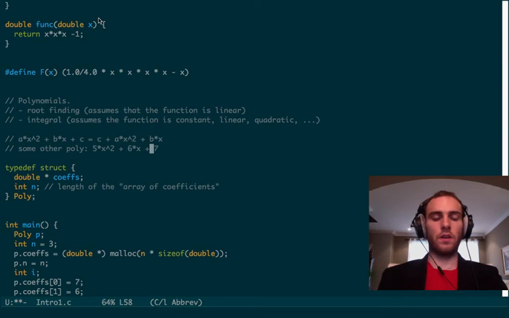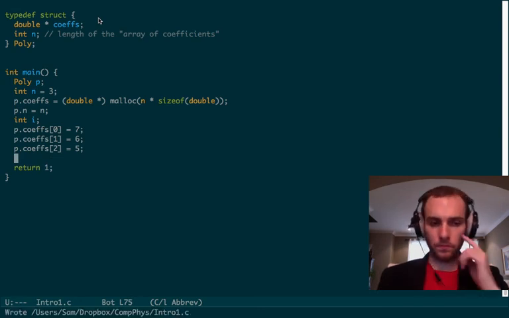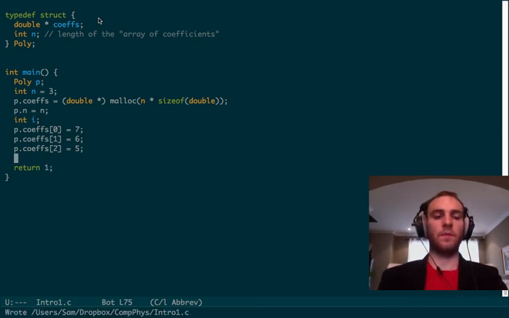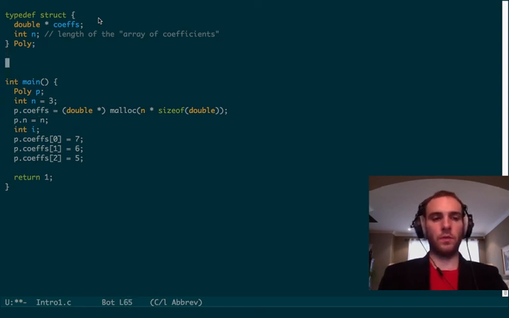So as you saw, I wrote it backwards so that the constant term is the first in the array of coefficients. Okay, and maybe I can write a print function. So void, meaning it